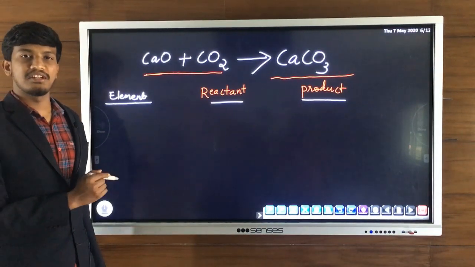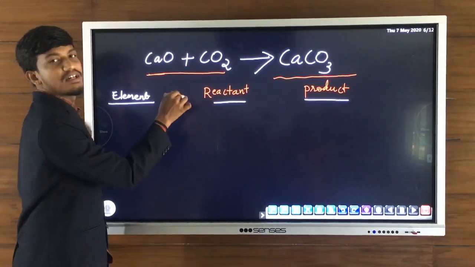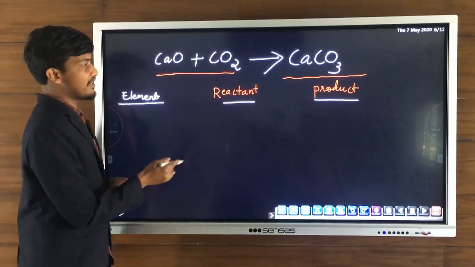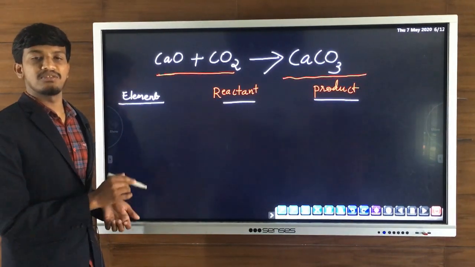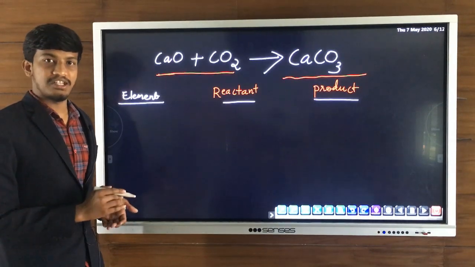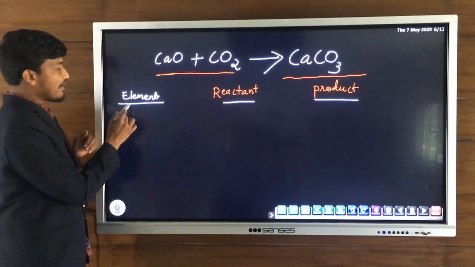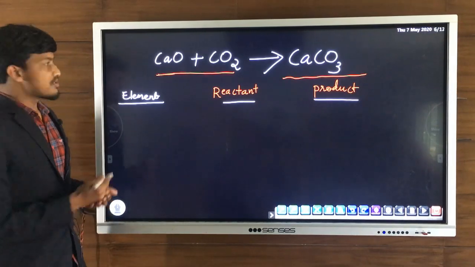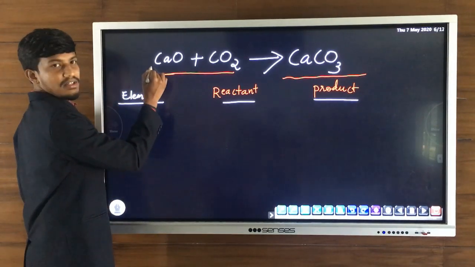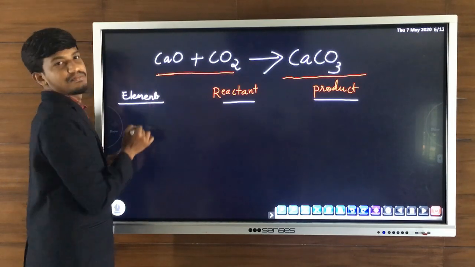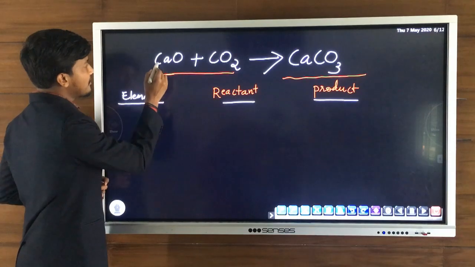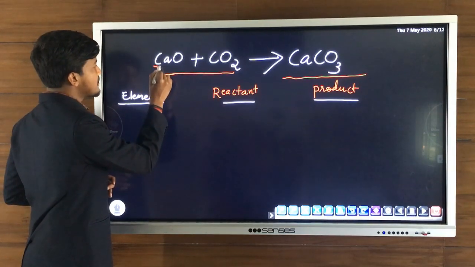If we get equal number of atoms on both reactant and product side, we can see that it's a balanced chemical equation. So for that we can count the number of atoms of each element. So first of all, we will find out which are the different elements present in this equation. So the first reactant CaO. In CaO, that is calcium oxide, first we can see that Ca